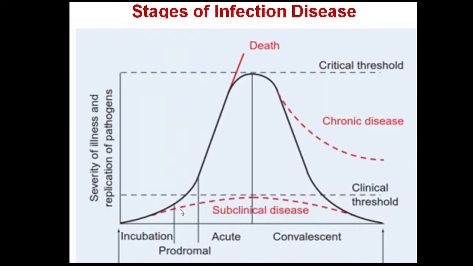Then the prodromal period occurs. This is a period when some non-specific general symptoms may already appear. So like tiredness or loss of appetite or headache, these are non-specific symptoms. And prodromal period is usually not so long. And in some acute diseases, it can be missed even, right? And then we have